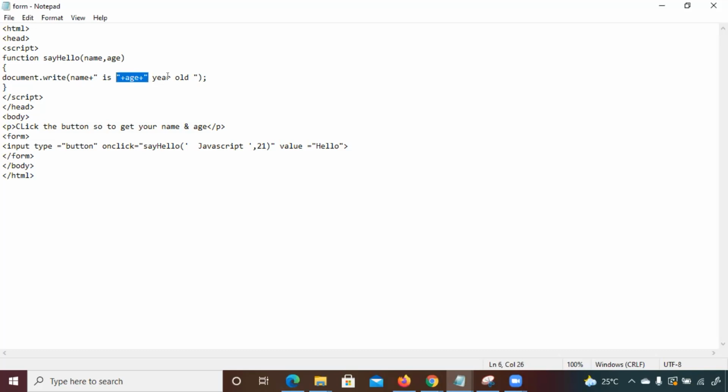Now, always remember, JavaScript is used for what? JavaScript is used to add functionality to your program or website. JavaScript is used to add functionality to your website. So you will always write the code within this script tag. You can see here, opening script tag, closing script tag, right?